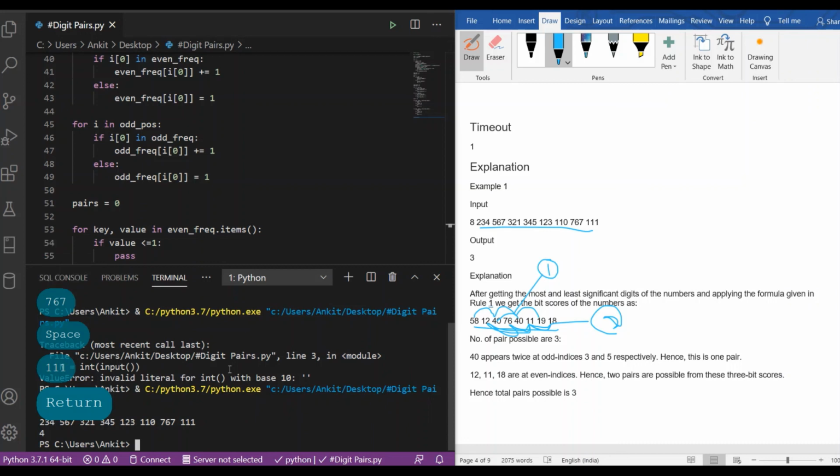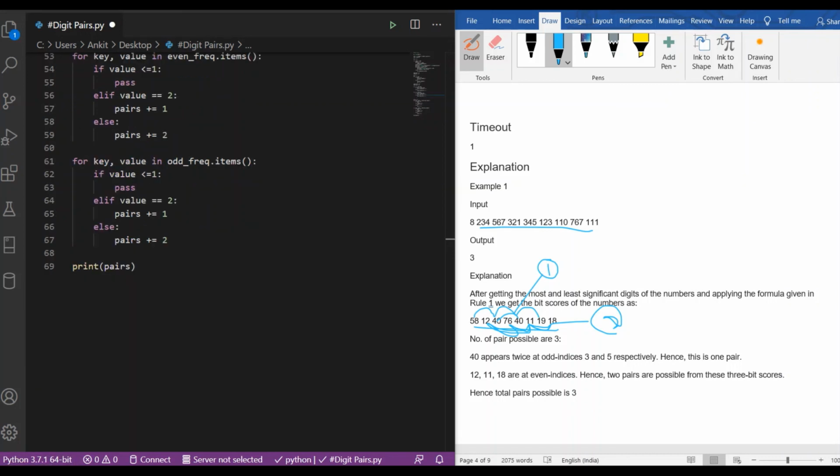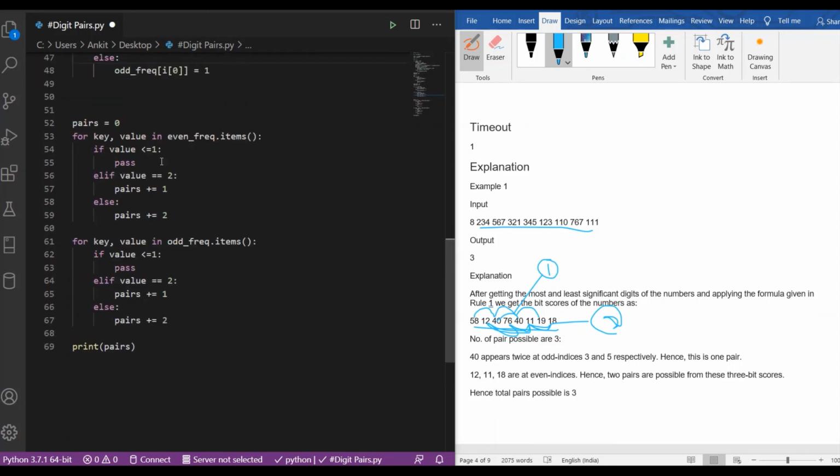So now let's check it again. We have changed some of the condition that if the value is less than or equal to 1,